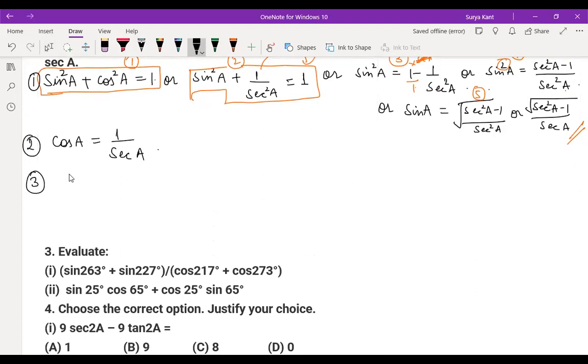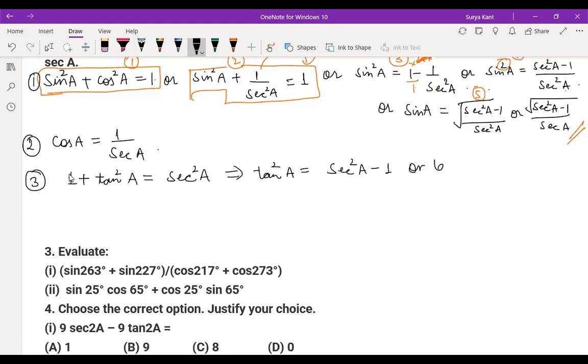That also is very easy because, sir, it's root over of tan square A equals to root over of sec square A minus 1. Yes, see, tan square A we can use. Tan A we have to convert into sec square A form. So we know the identity only: 1 plus tan square A is equals to sec square A. We know this identity. So only we have to find tan. So what we can write here, tan square A is equals to sec square A minus 1. Or we can write tan A is equals to root over sec square A minus 1.